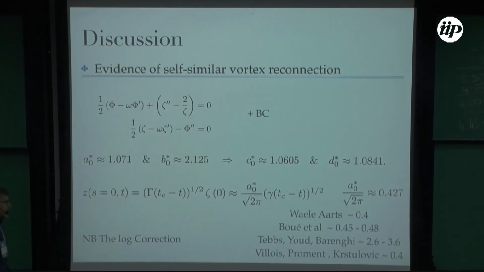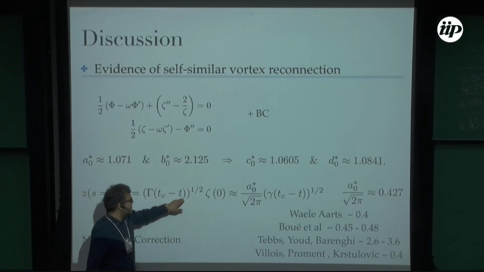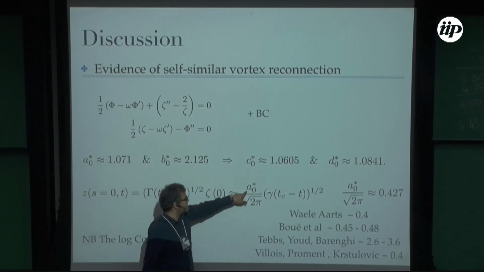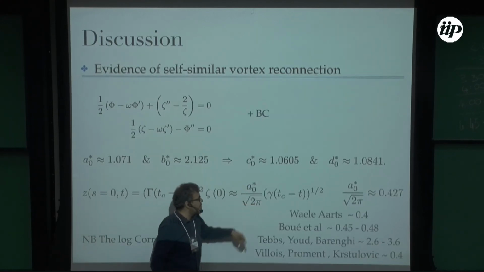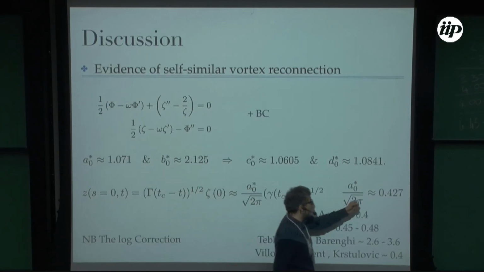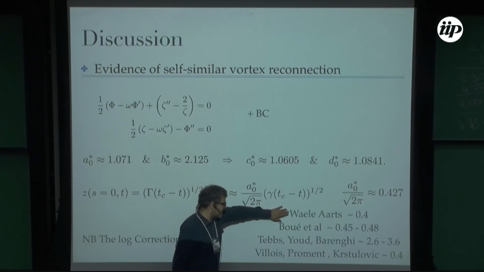And going back to the Luca seminar, zeta, which is the separation distance, is the square root of gamma times Tc minus T, times the value of zeta in 0. And this is just A0, this number, divided by the square root of P, because I make the warning that gamma must not be gamma really, it must be gamma divided by 2 pi. And that gives you the value 0.427, which is comparable to